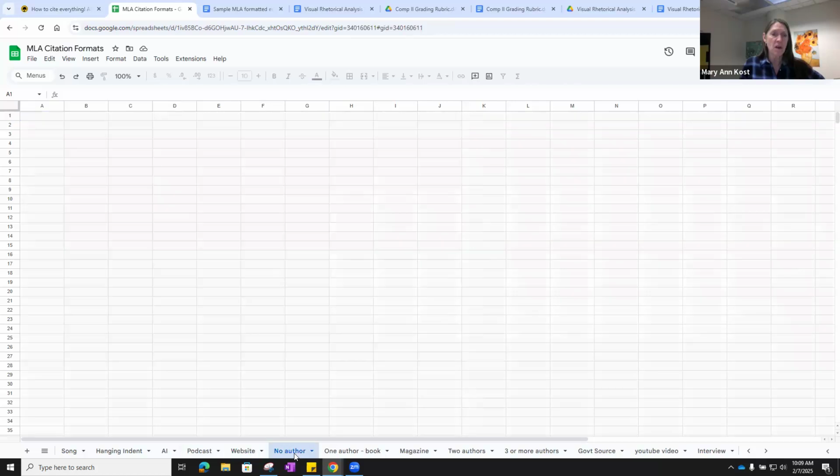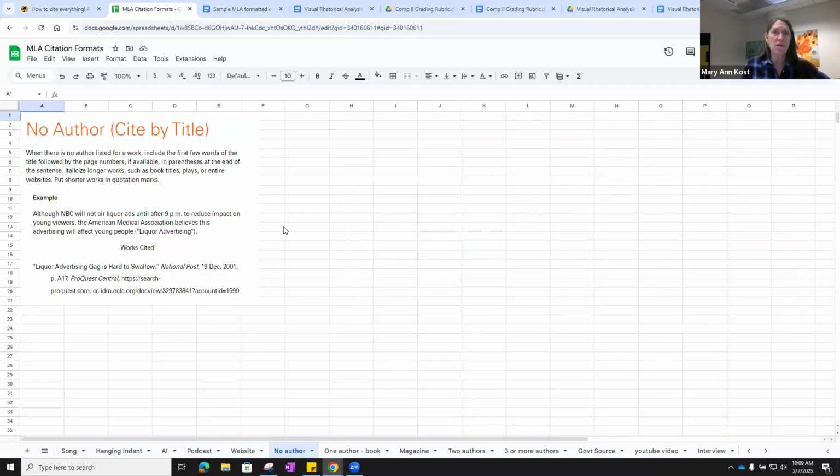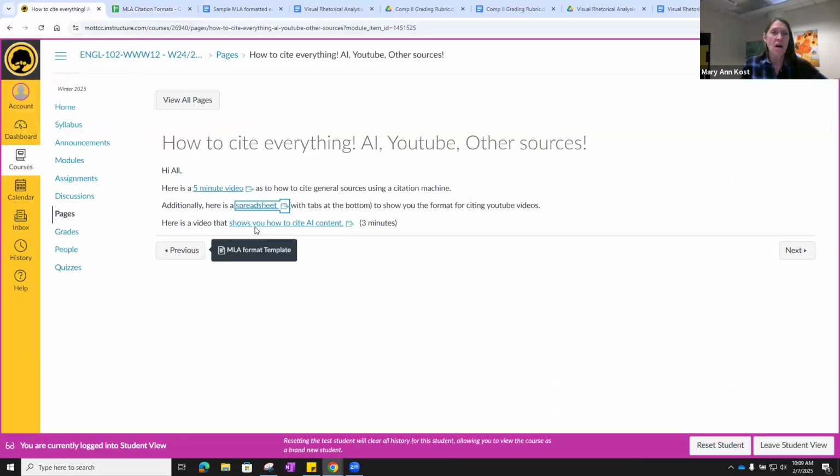Maybe there's no author. If you don't want to use the citation machine, that's no problem. It's actually very good practice to do two citations for each source. That way, you know your formatting is accurate when they both line up or are the same.